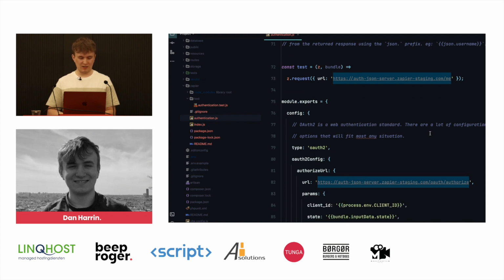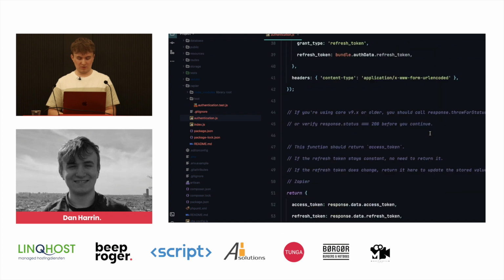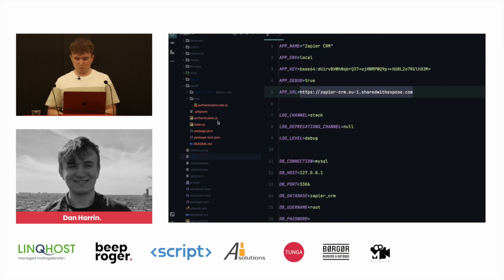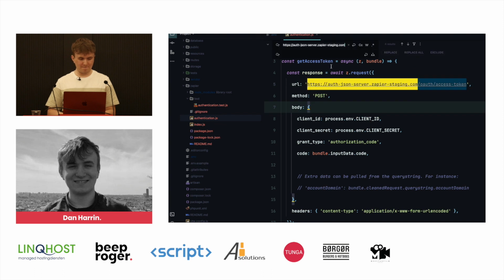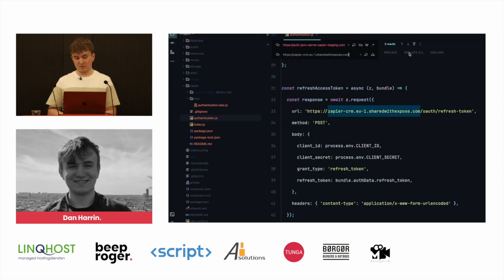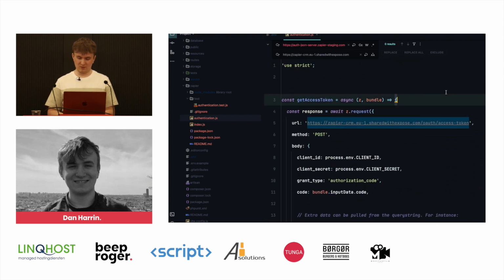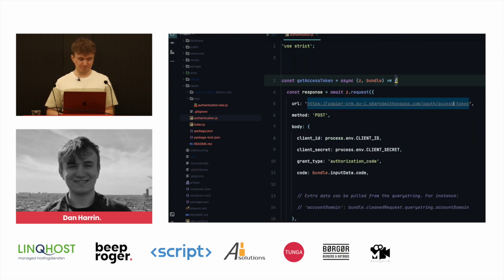So let's start by replacing this URL with our actual app URL. We've got Expose, so let's copy that one. Now Passport doesn't use an OAuth access token route, it actually just has OAuth token, so we can get rid of access token.